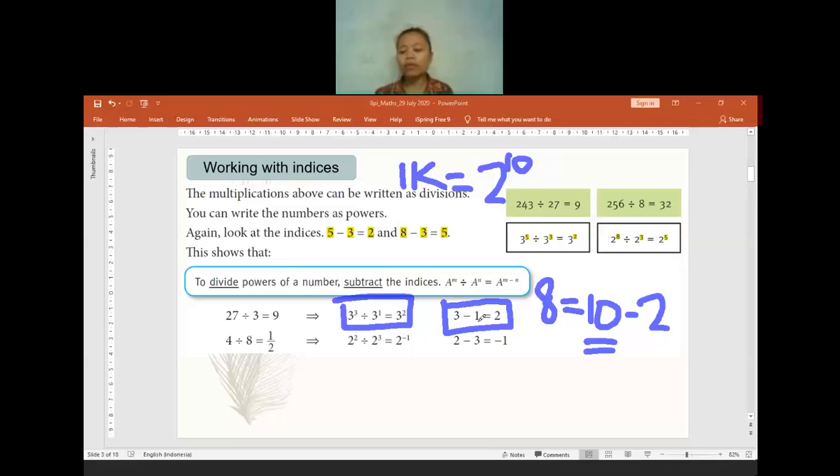So now when we have the subtraction in here, we have subtraction of the power. It can be a division in here. So this is the same thing. I can make the 10 minus 2. All of them are the power. So I can make it as 2 to the power of 8 is equal to 2 to the power of 10 minus 2.